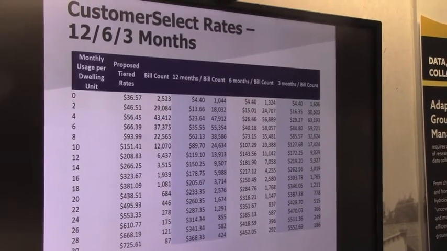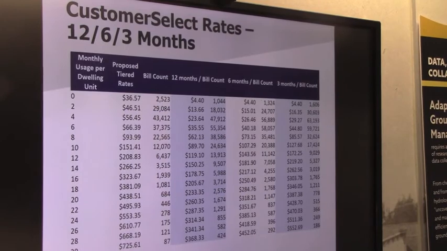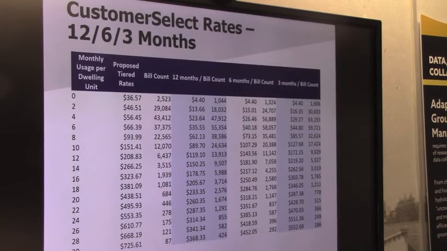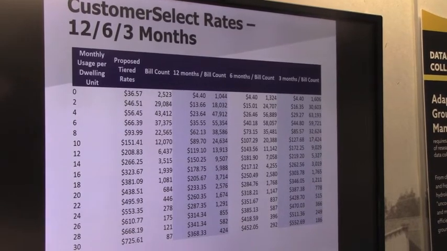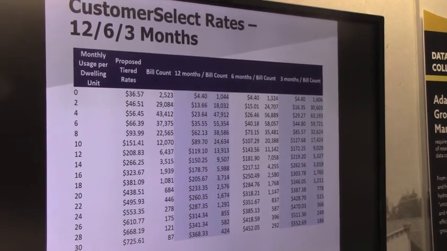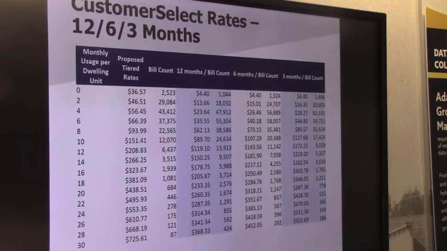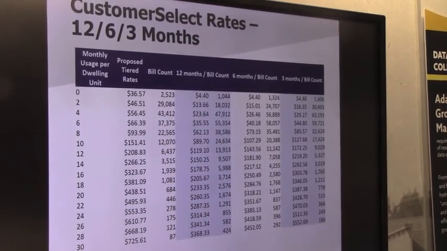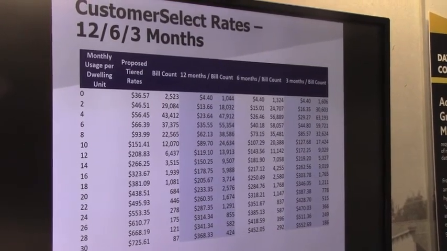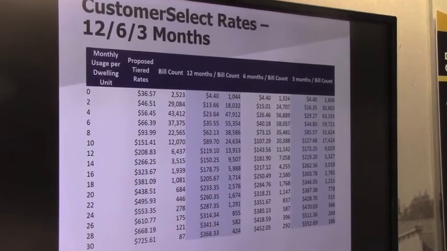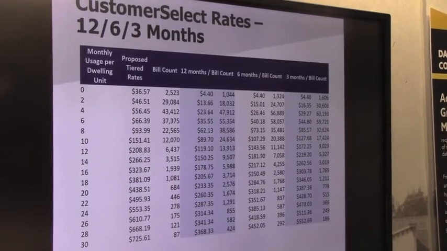I would say this: the last time we talked to the board about CustomerSelect, it was not really well understood as a capacity plan. And I think if we don't fix this slide to show why it's a capacity plan, they're not necessarily gonna get it right away. So if you just fix this slide to make it more illustrative of why it's a capacity plan and why it's not gonna drive the district broke, I think you'll be fine to present it.